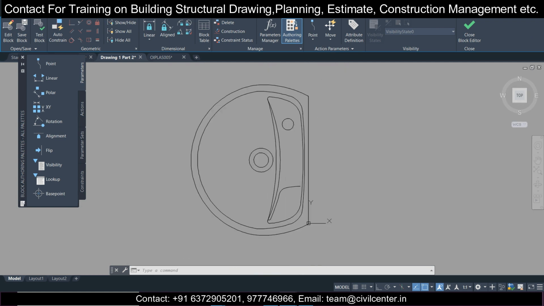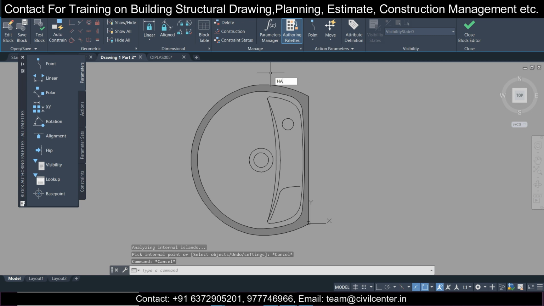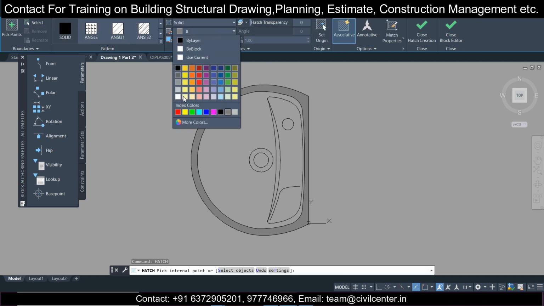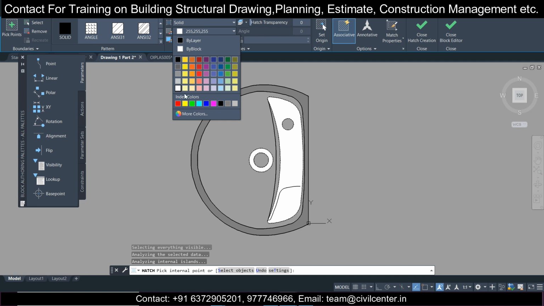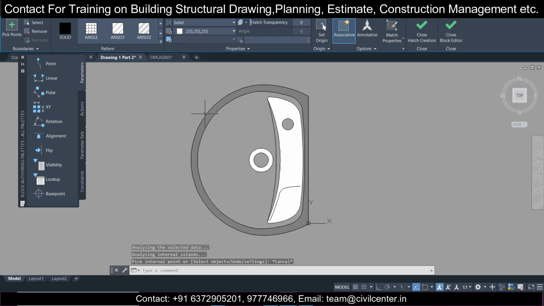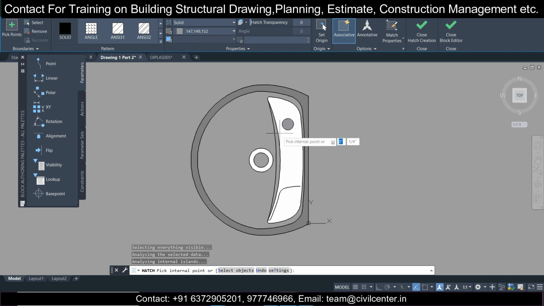So I'll use the hatch command, and after I define this, just click on escape, and then I'll hatch once again and choose white for this, and for this. Again click on escape, hatch again, then I'll select another color for this, and for this.